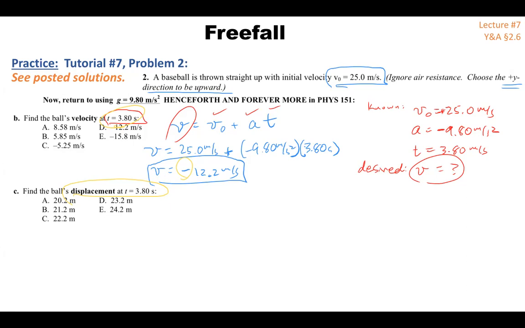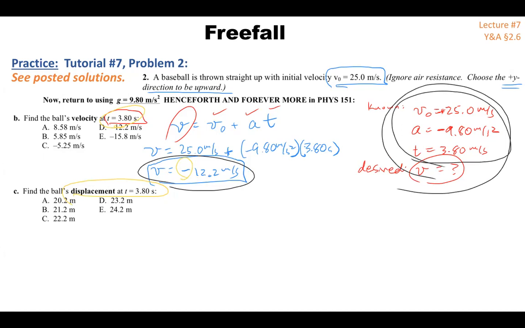So how can we find the displacement at any particular time? Well, I recommend that you pause for a second, either think from memory about the equations for kinematics with constant acceleration, or look at them. And given the known quantities that we have for t equals 3.8 seconds, what equation could you use to find the displacement? Okay, once again, there are multiple possible correct pathways that you could follow. But one of the ways that you could do it is to use equation number 2, which is